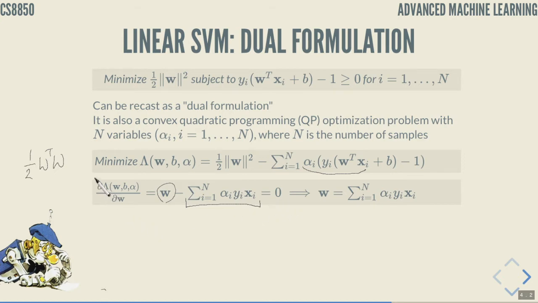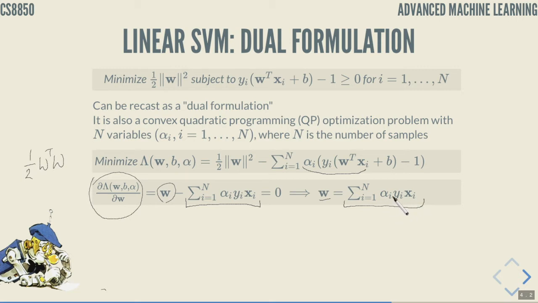So we equate the gradient of the Lagrangian with respect to W to 0 and solve for W. Now we know that our W is this sum of each sample times the label times the